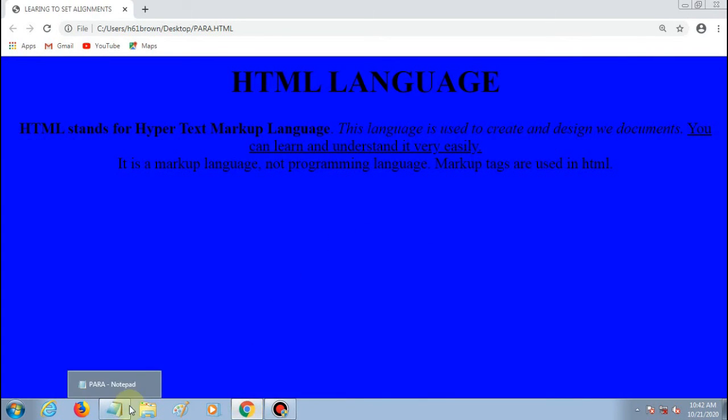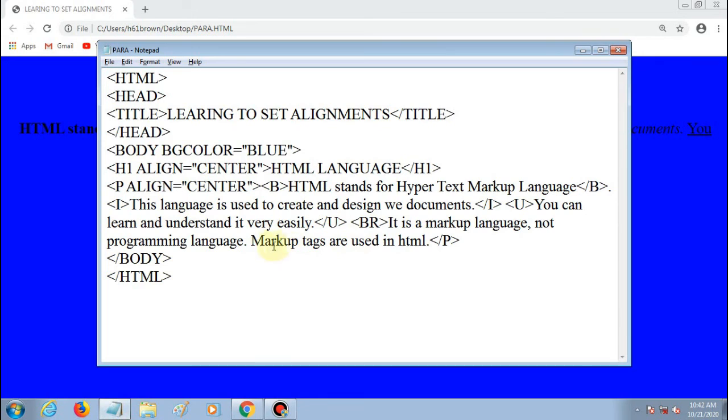Okay, then I want to strike this text, so I will use strike tag here and close strike tag after the text.